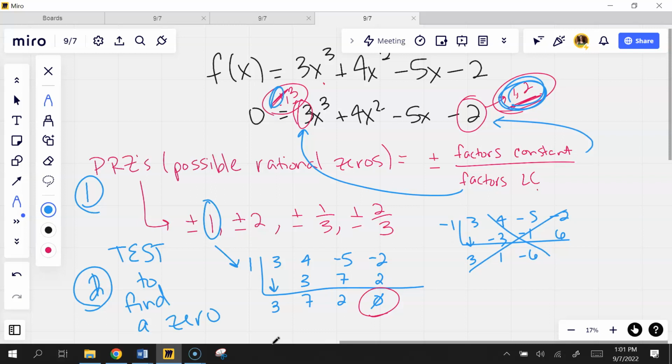See, -1 didn't work. You see why it didn't work? I didn't get 0 on the end. I have to have 0 on the end because it has to be a factor. Once you find one that works,